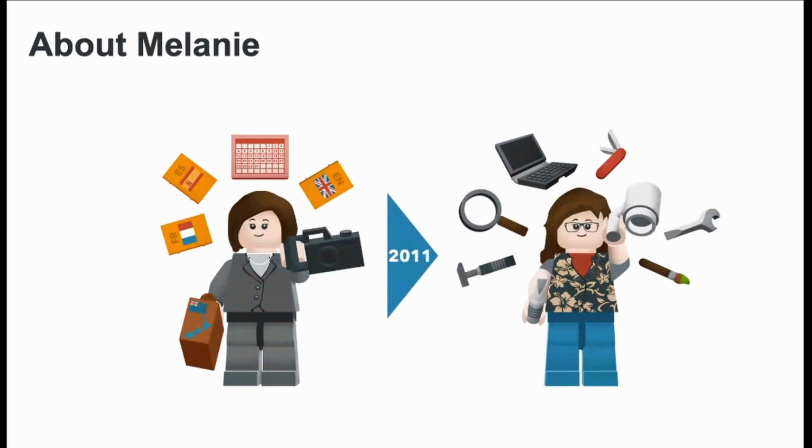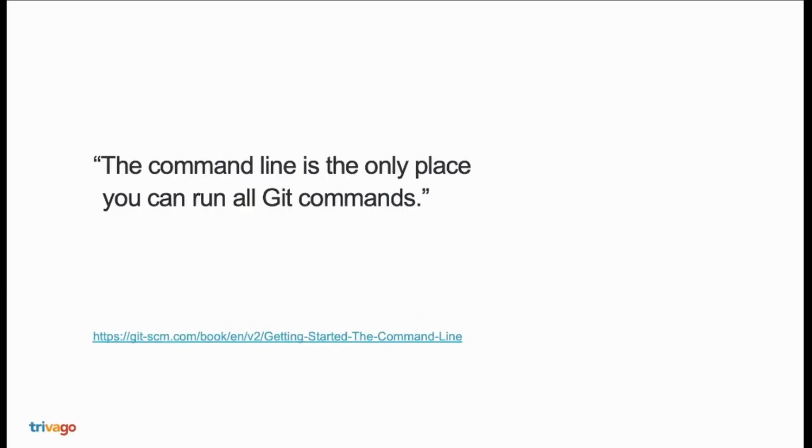But when I started as a complete newbie in 2013 at Trivago, my colleague sat next to me and said, we will do Git on the command line, because the command line is the only place where you can run all the Git commands. Most GUIs only implement a subset of functionalities, and many are a matter of taste. And if you know how to run the command line version, you maybe can figure out what the GUI actually does in the background. And all users have command line tools installed and available.